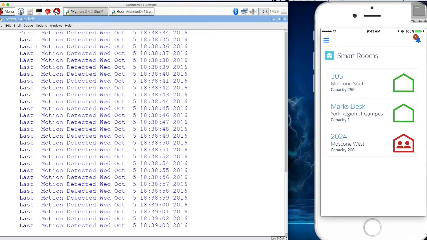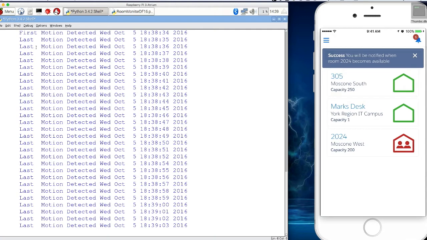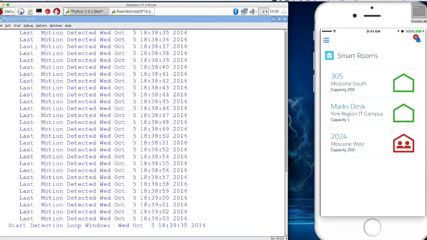This is a custom Lightning component. We're not really covering how to build Lightning components in this session, but Trailhead has tons of modules and information on how to get started. With this particular component, we've built in the ability to utilize Chatter to let us know when the room becomes available. So if I tap on the room's icon and say yes, I want to, this gives us some nice real-time feedback of when our meeting room becomes available.